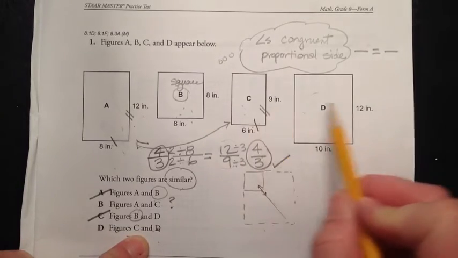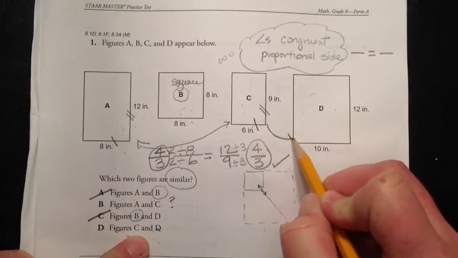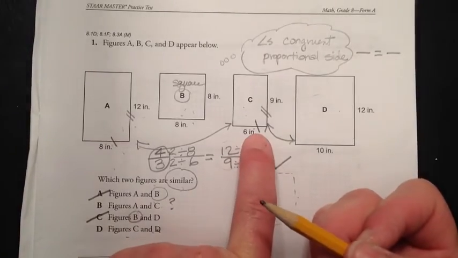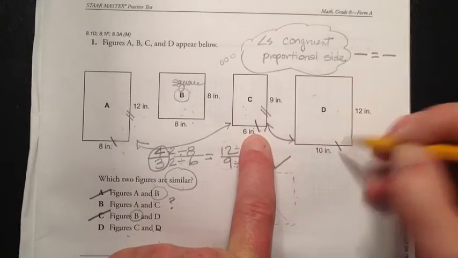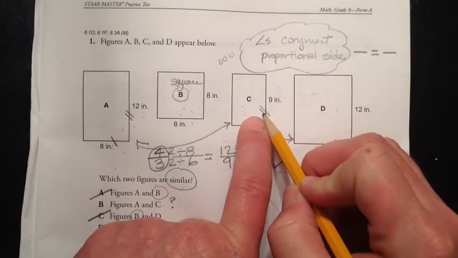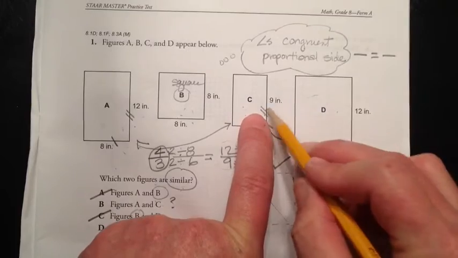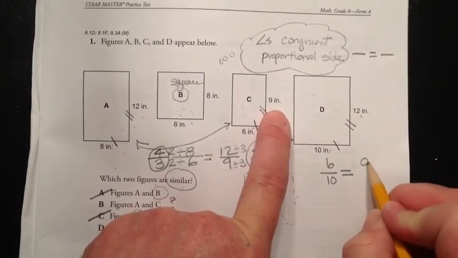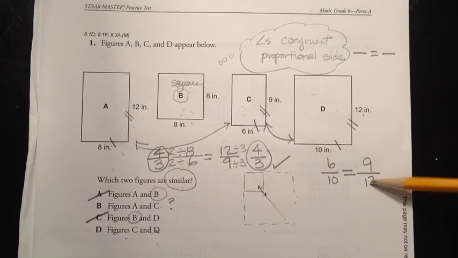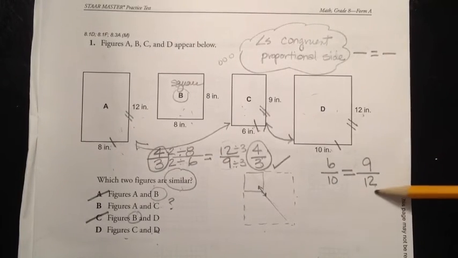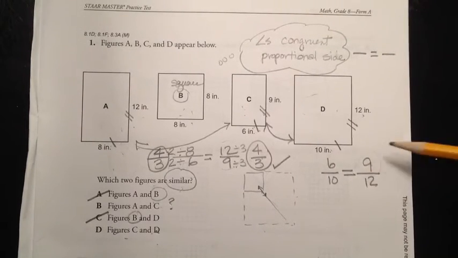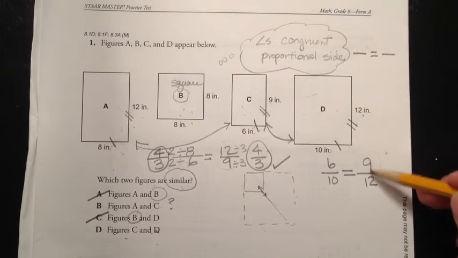So we want to compare C and D. So these two figures, they're asking if they are similar. So that means that the corresponding side to 6 should be 10. And that should be equal, this corresponding side, any side, if this is to this should be to this. So 9, and we set that up as a ratio. Okay? You could also put that in your calculator as 9 is to 12. Just divide it, and if you prefer to work with decimals, 9 divided by 12, top dog. The top number goes in your calculator first. Okay? And 9 divided by 12,